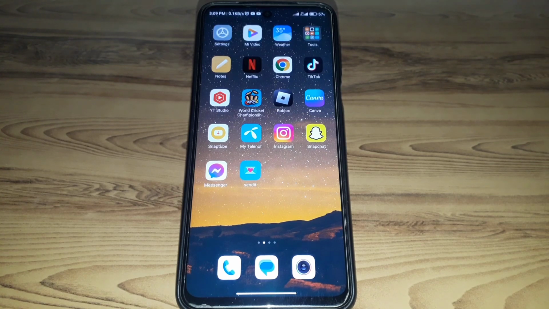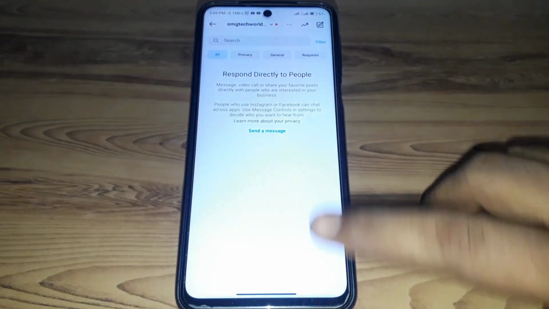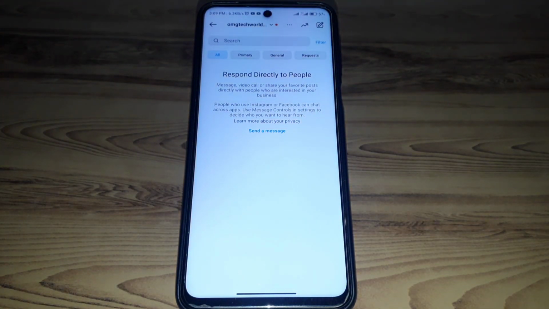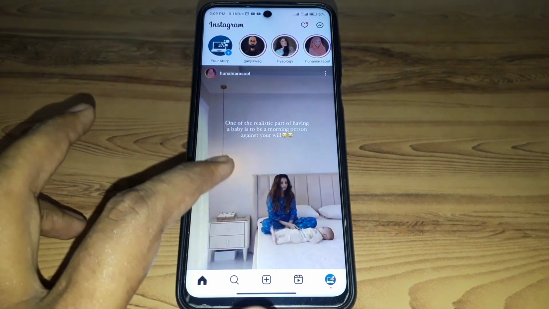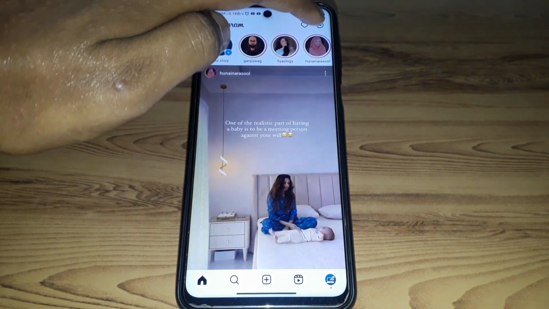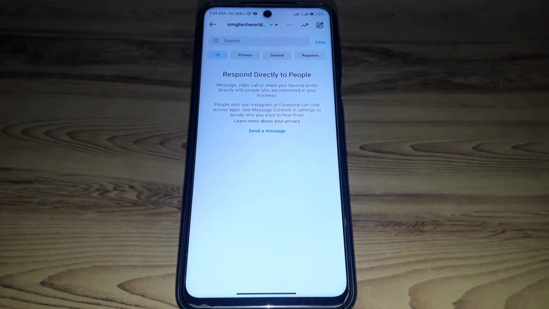to your account which has chats. If you open your account which is new on Instagram and you have not started any kind of chats on that account, then this kind of interface will be seen by you. This kind of interface is available when you start a new account on Instagram. So you do not have to panic about that, which means it shows when you start a new account on